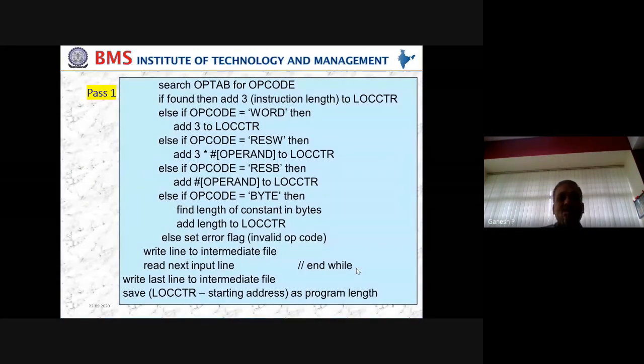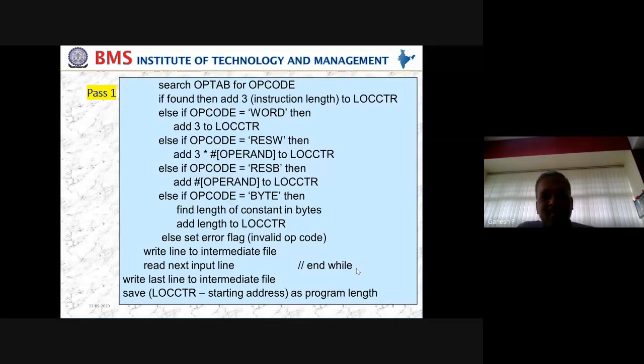Now I'll come to the opcode part. If it is an opcode, for example, ADD, LDA, STA, LDCH, STCH, MOV, JEQ, we have so many. I will search the second column now for the opcode. That opcode, I can only check in the OPTAB. If it is written as LDA, we need to check whether LDA exists in the OPTAB. Then I do two things here. First, I'm verifying if it exists or not. Then I can understand what is the length of that particular instruction.